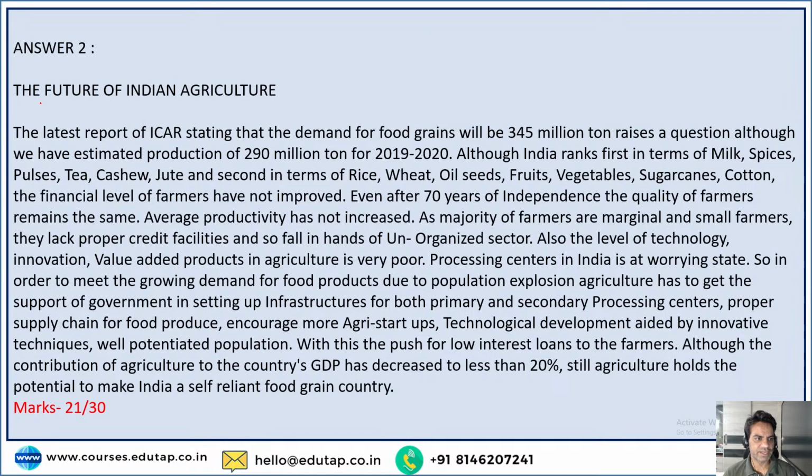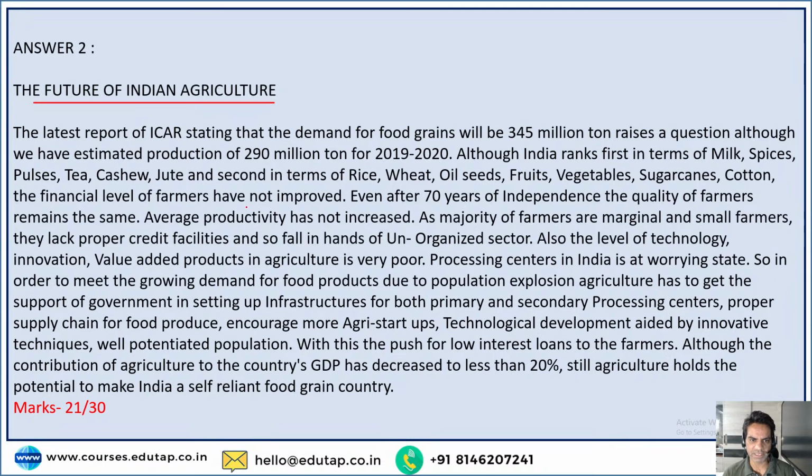So the future of Indian agriculture, that was the title, which basically discusses everything that has been given in the passage. And let's see how you connect and make a short Pressy out of it. So the latest report of ICAR stating that the demand for food grains will be 345 million tons raises a question. Although we have estimated production of 290 million tons for 2019-20, although India ranks first in terms of milk, spices, pulses, tea, cashew, jute, and second in terms of rice, wheat, oil seeds, fruits, vegetables, sugarcane, cotton, and the